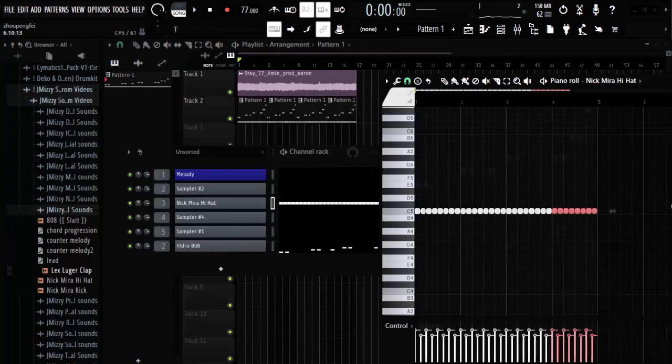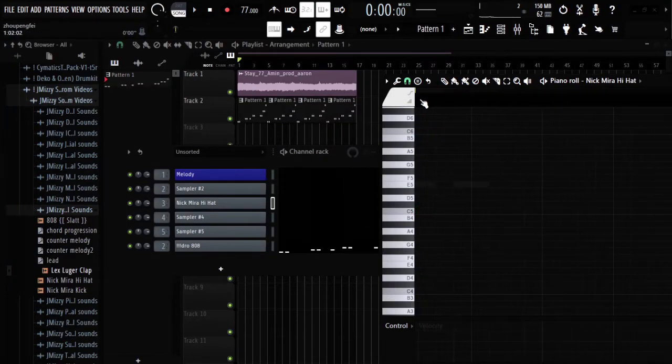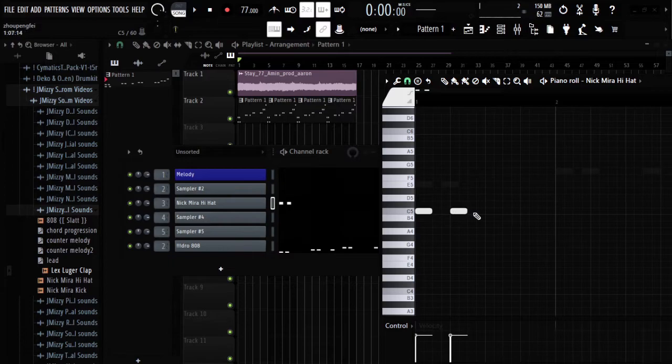This is obviously slower because I forgot that Control X is to delete. I forgot that this is this tempo. Dang, I really did forget. Okay,